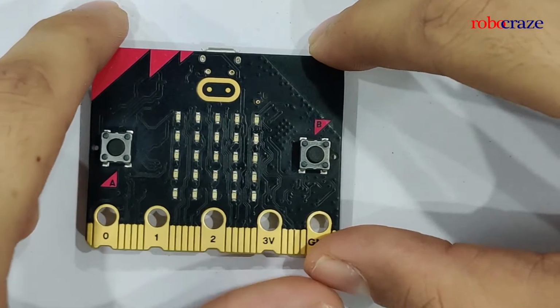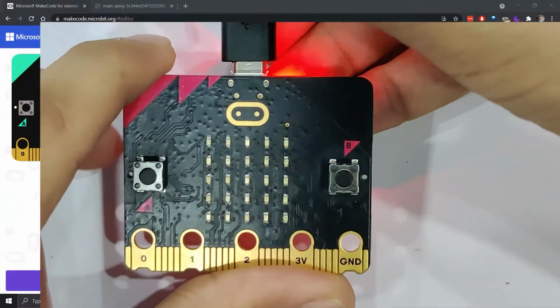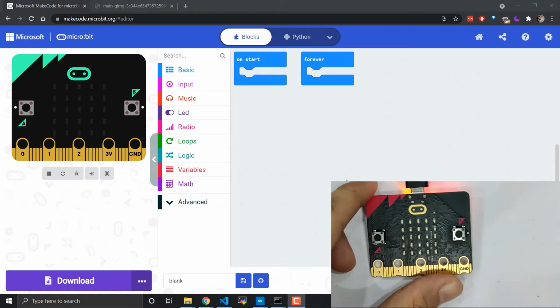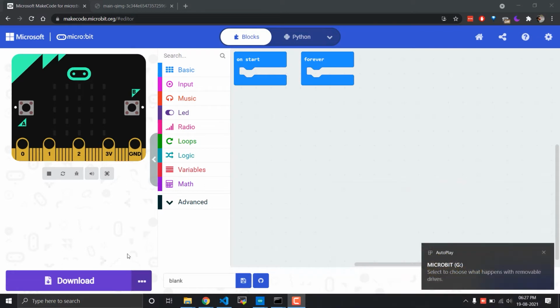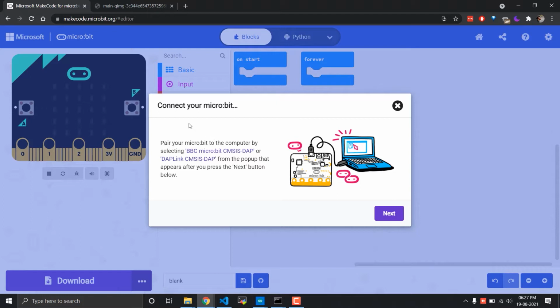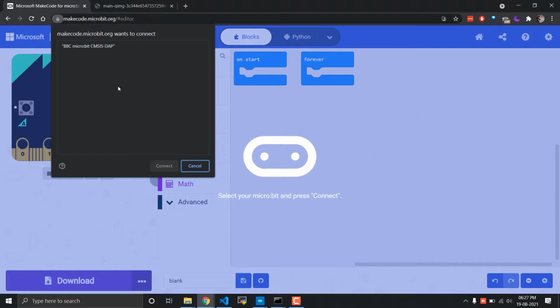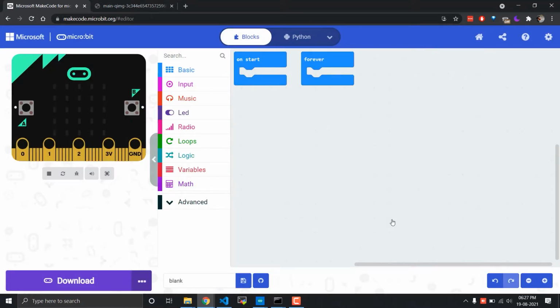So I have my microbit V2 over here. I'm just going to connect it with the micro USB cable, and we can pair it on the MakeCode website. I have MakeCode over here, and as you can see, the microbit got detected. You can click on this option over here, click connect device, and then it will walk you through. Just click on the next button, and then it tells you to connect your microbit and press the next button. Over here you can see this pop-up come up. You can click on that and press connect. Your microbit is now connected to the MakeCode editor.